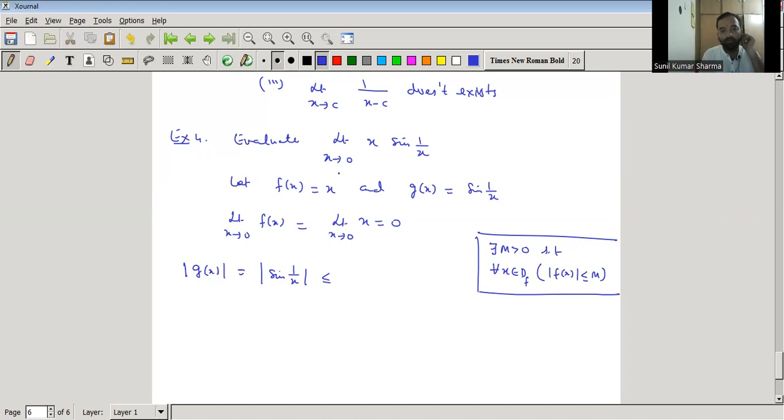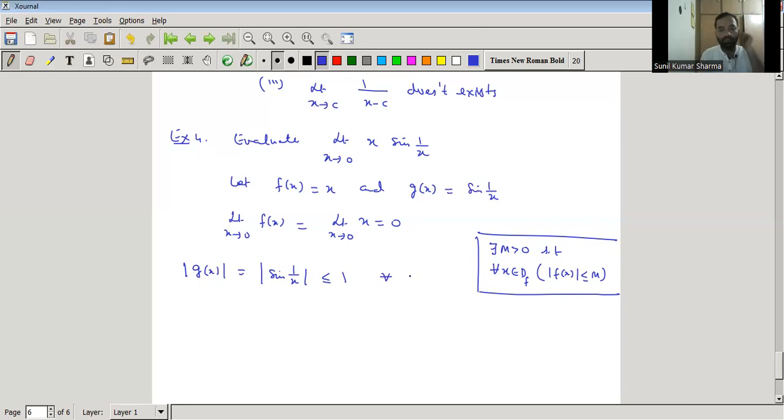Because we have to find g to be bounded in a deleted neighborhood of 0, we are not considering the point 0 here. We cannot take x equal to 0. For all other values, the function exists, right? We can find the value of sine 1 upon x, and we know that this is a bounded function, so this is less than or equal to 1